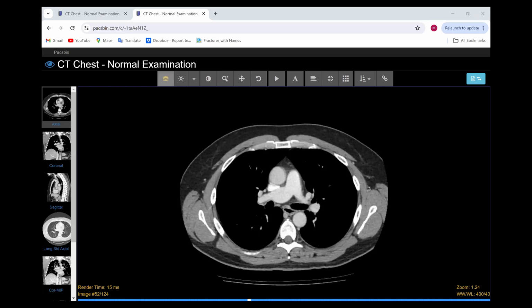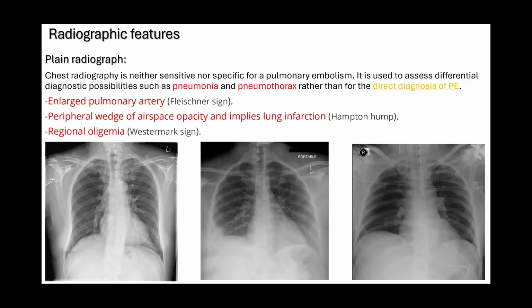So let's start with the first X-ray. This is a frontal X-ray of the chest. We do X-ray to exclude other causes like pneumonia or pneumothorax rather than direct diagnosis of PE. We have some signs that may guide us to think about PE, like Fleischner. Again, this is a frontal X-ray of the chest that shows enlargement of both pulmonary arteries, and this is compatible